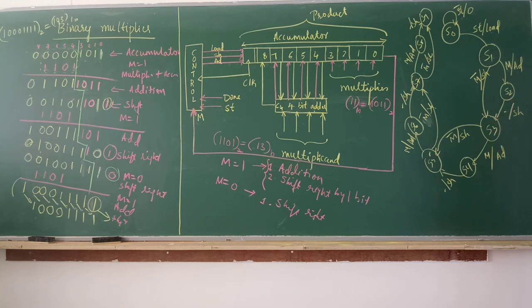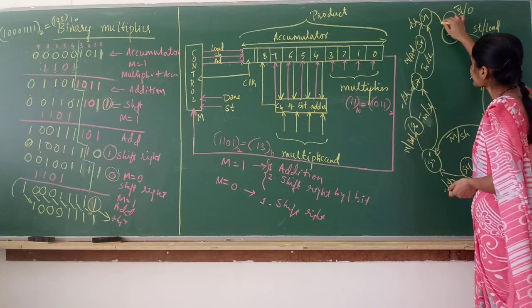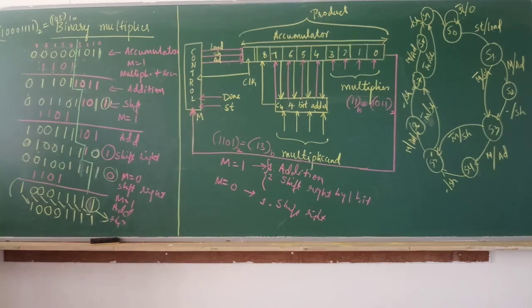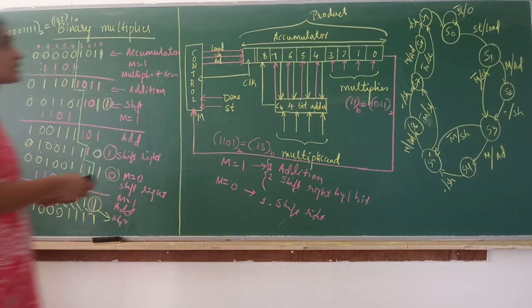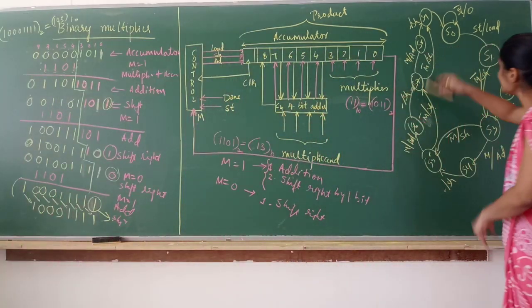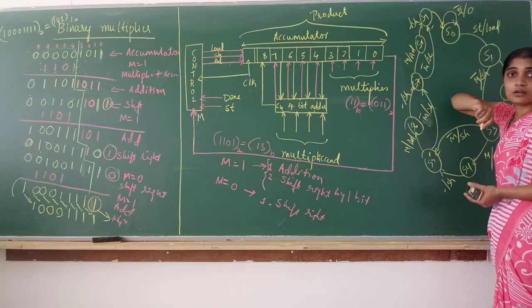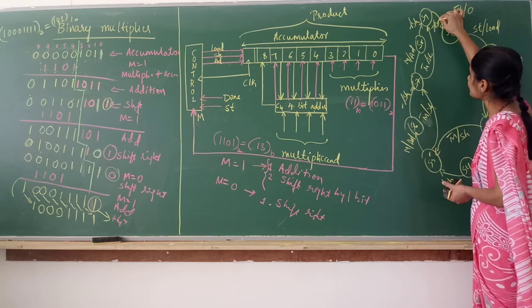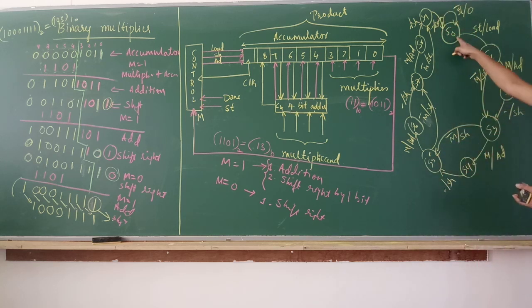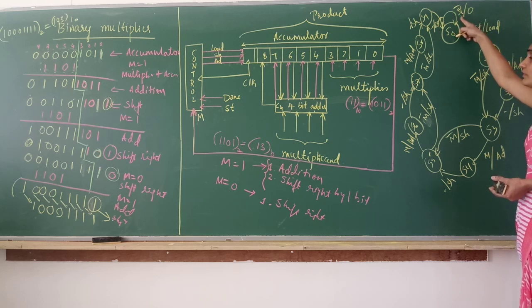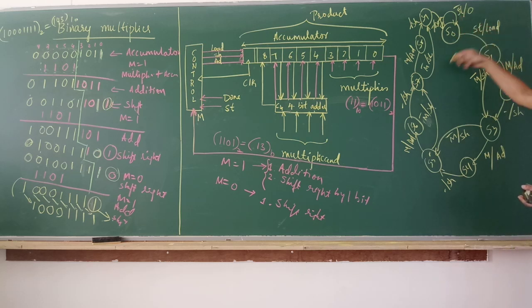Stop the process. So now it returns to, okay, one more state we can have. Or otherwise we can directly indicate it here. You please write it properly. Directly, once the 4 shifts are completed, whatever may be the value of M, done signal to the control unit, which returns back to S0. So when it is in S0, again if start is 0, it will not start. When start is 1, it again loads the new content to the accumulator, and the process repeats.